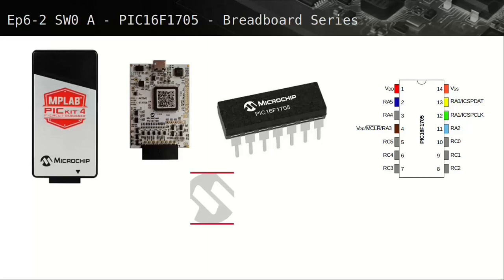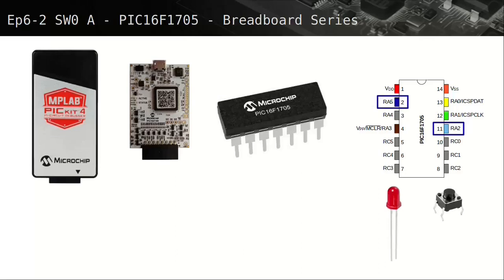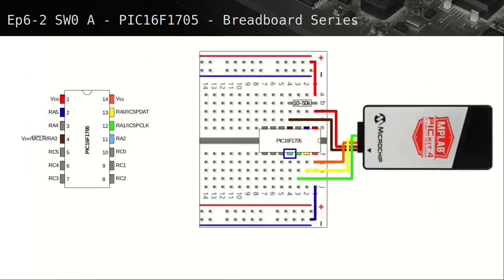This assembly tutorial using MPASM version 5.81 Toolchain of MPLAB X IDE version 5.05 has a switch connected to pin 11 RA2 and LED connected to pin 2 RA5 of the PIC16F1705. RA2 is connected to a 10K pull-up resistor from the 5V supply rail, keeping the pin pulled high or a